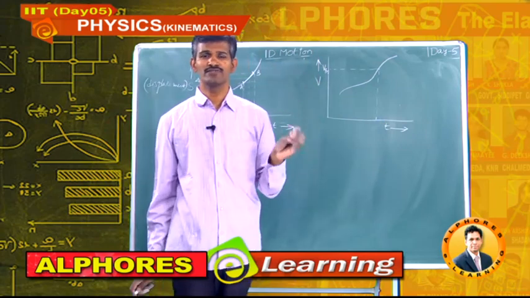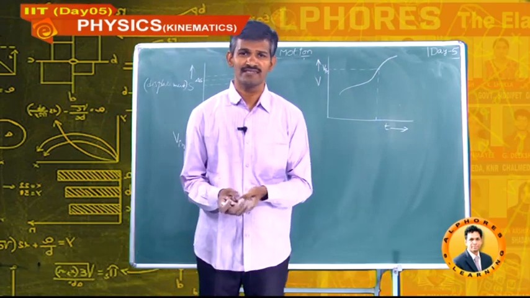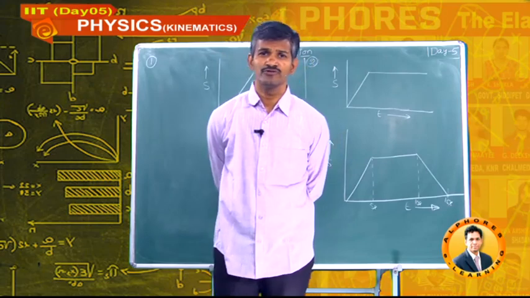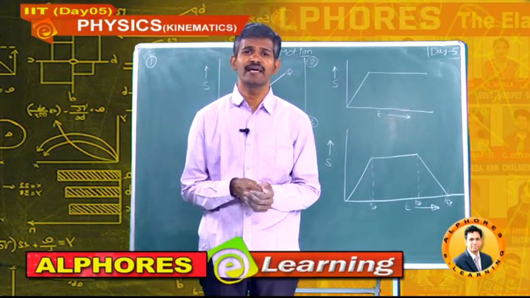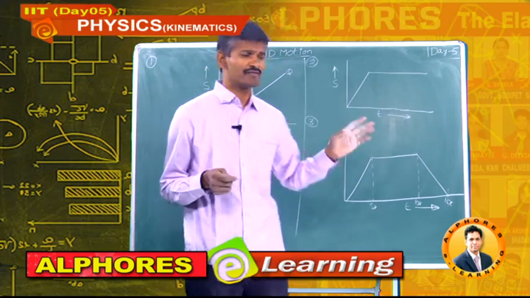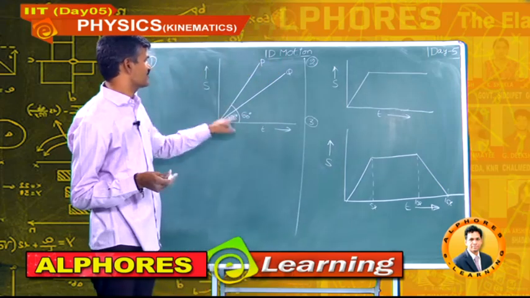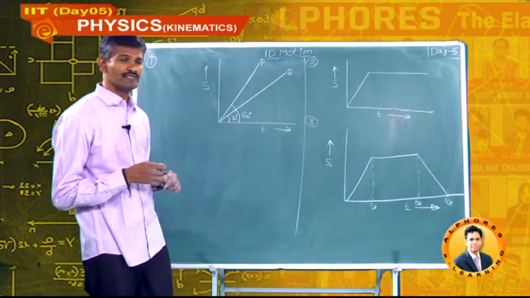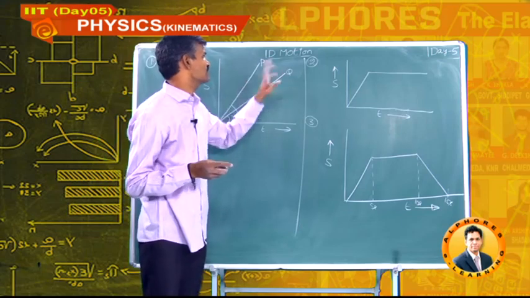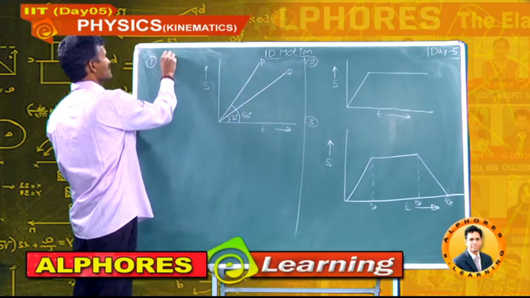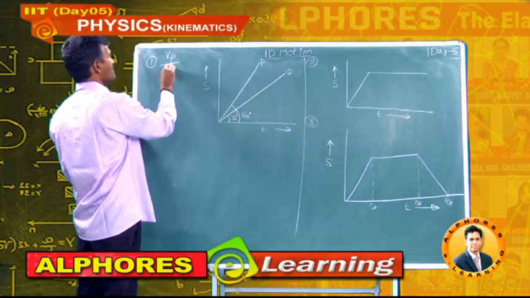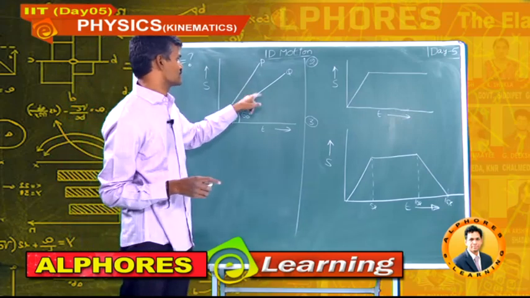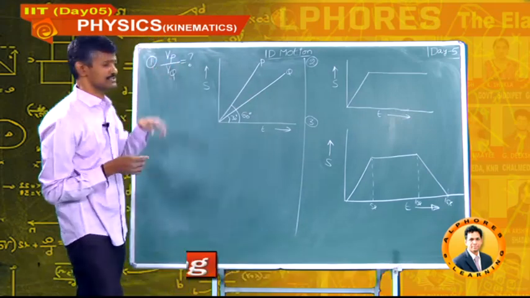Students, now we will solve some problems related to uniform velocity, non-uniform velocity, and instantaneous velocity. Here I have 3 graphs related to displacement time and velocity time. The first graph is a displacement time graph for 2 particles P and Q shown in the figure. They are asking to find the ratio of the velocity of particle P to the velocity of particle Q.